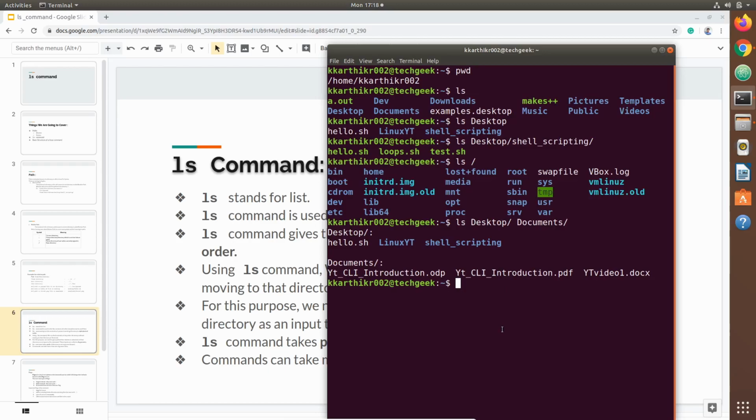Let us see the contents of the root directory, the present working directory, and the Downloads directory simultaneously. First, ls, then the root directory. The path to the root directory is /, then the home directory. The path to the home directory is our current working directory, so we can just say dot.